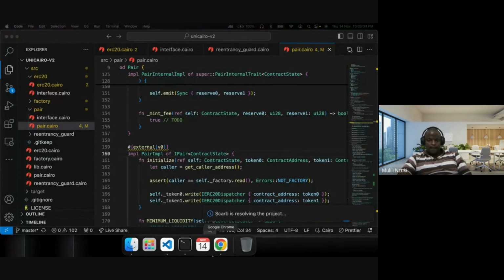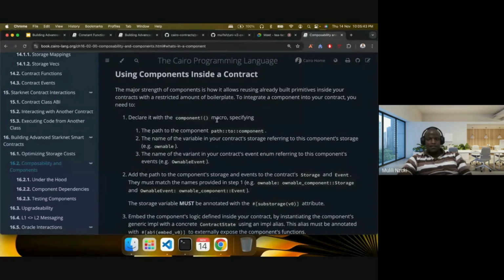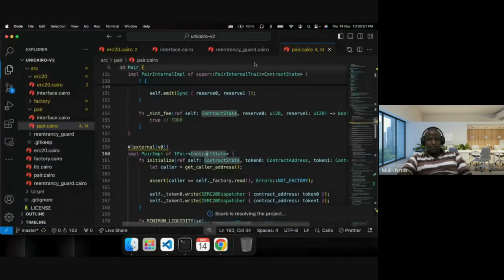Moving forward, this is how you use components inside a contract. You declare it with the component macro, and then you specify the path to the component, the name of the variable, all of that. If we go back to the pair,